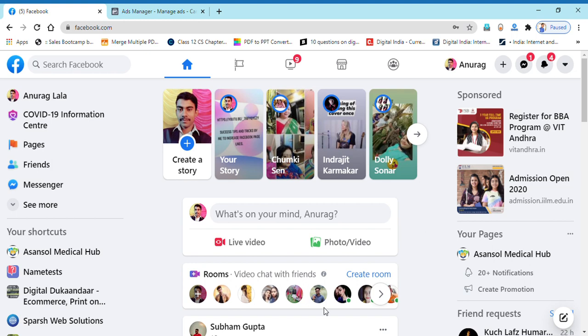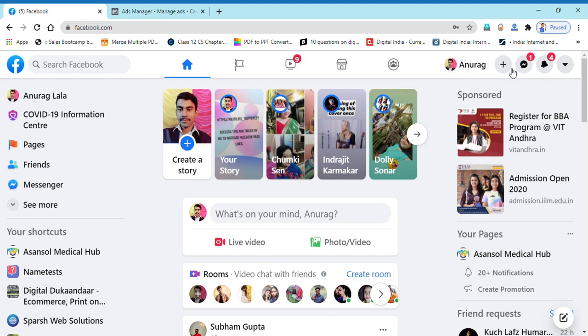I want to repeat once again. Suppose your per day ad budget is rupees 100, and so many people are clicking your ads that the per day rupees 100 amount is exceeding. In that case, if you want to turn off your ad, or make a condition that once 100 rupees is exceeded per day, my ad should be automatically closed, how to do it? It is known as Facebook automated tools. Now let's see how to do it.